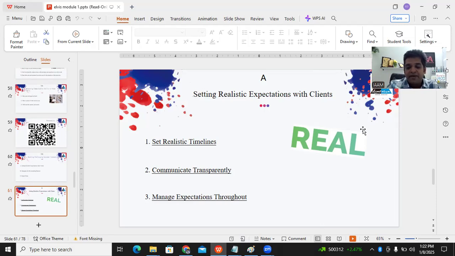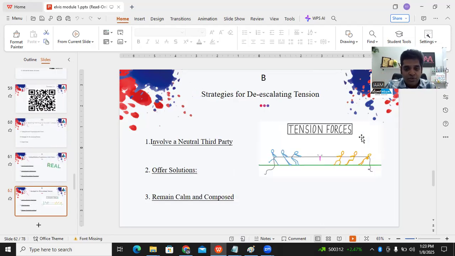But at times the initial whatever was said, and once the work starts, there is a difference. There are many unseen things that come into the picture, and therefore they need to regularly update the client about it. Yes, that is called managing scope creep. Scope creep is basically deviating from the initial expectations. You will see that here. Okay, so how to avoid, how to dissolve tensions? There are tensions sometimes between the client and the provider.